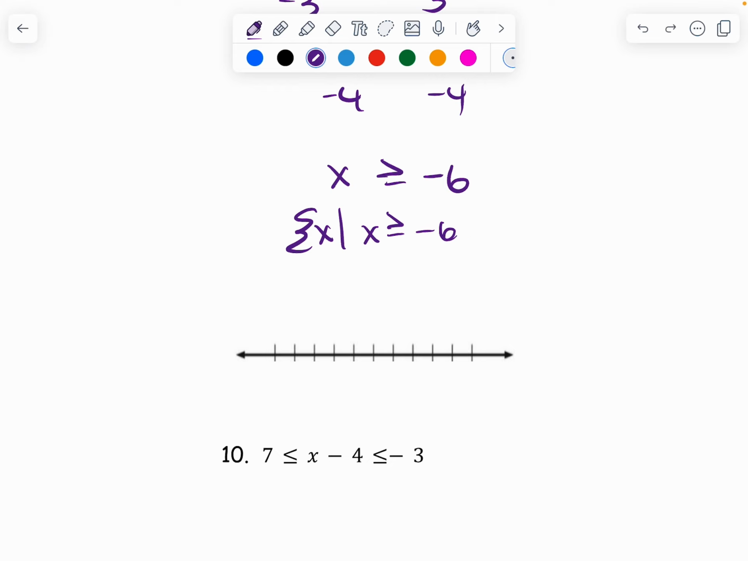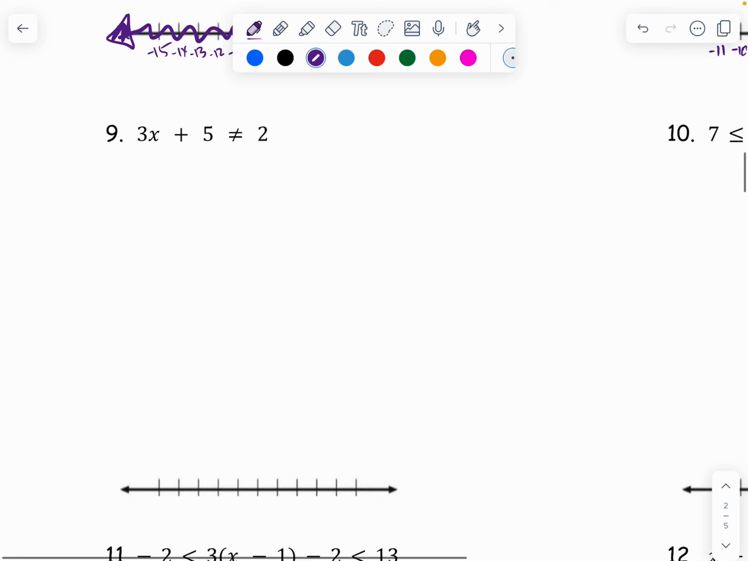And that would be from negative 6 up to positive infinity. Negative 6, negative 5, negative 4, negative 3, negative 2, negative 1. That is a closed dot, and it's all the numbers up above. Okay,